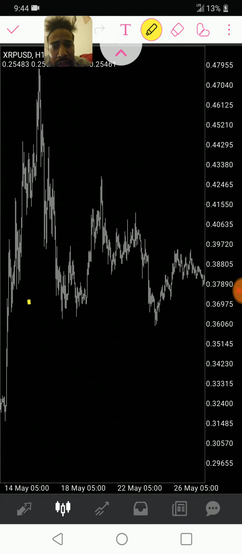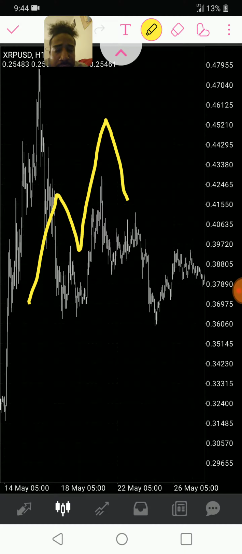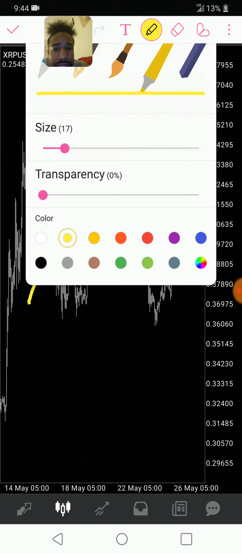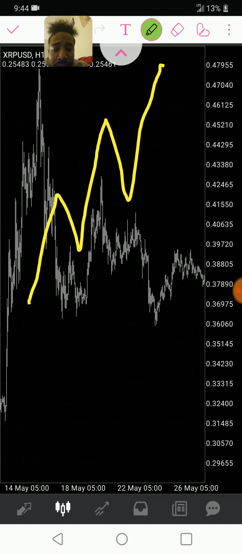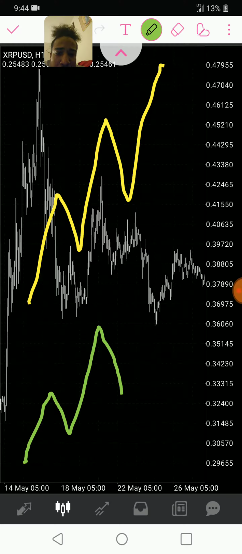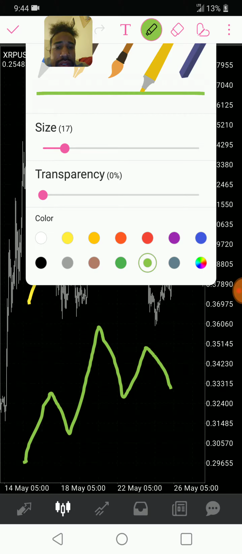Let's say price is coming up: higher high, lower low, higher high, higher low, higher high, right? Let's say that's price. Now let's say you have an indicator, whatever it is, RSI, MACD, whatever. Let's say that your MACD is making a higher high, higher low, but then it makes a lower high and then falls. So this very first lower high, if it's shorter than your higher high with price, then that's where you